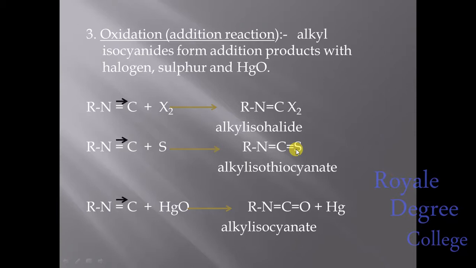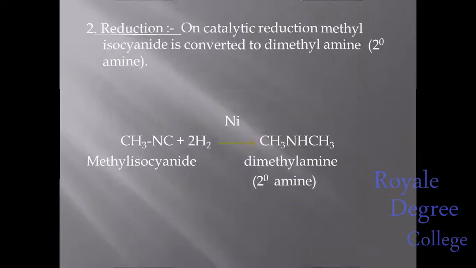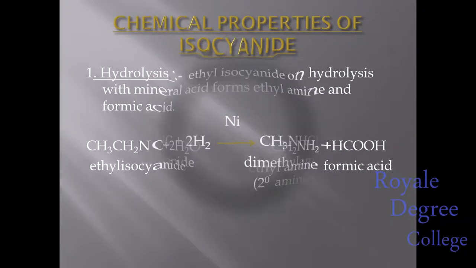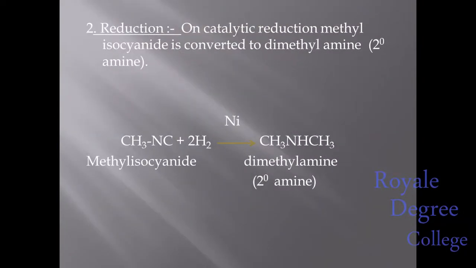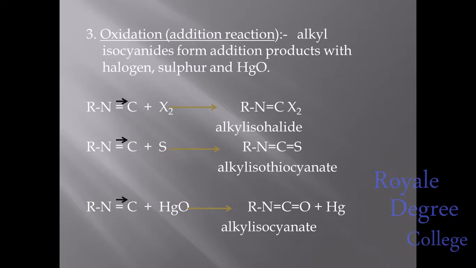Next reaction, you can see RNC, this one is also alkyl isocyanide. In that we are adding mercuric oxide. As we are adding mercuric oxide, oxidation will take place in alkyl isocyanide, and we are getting here R single bond, double bond C and double bond with the oxygen. Then we are getting the side product mercury. Again, I'll explain this reaction. Listen